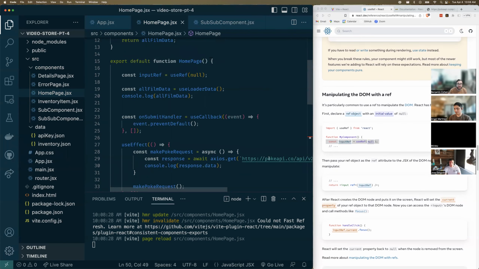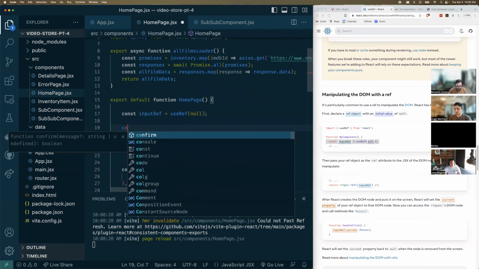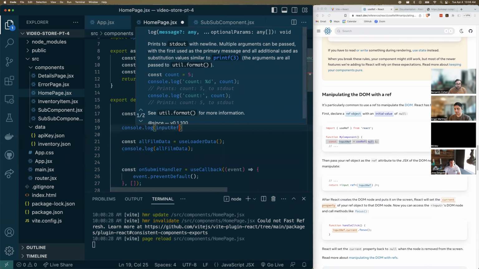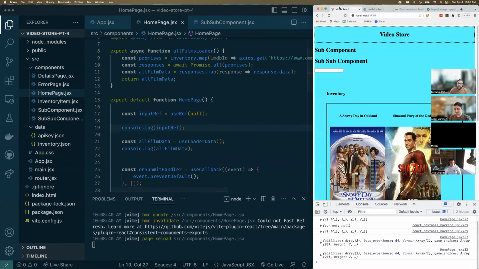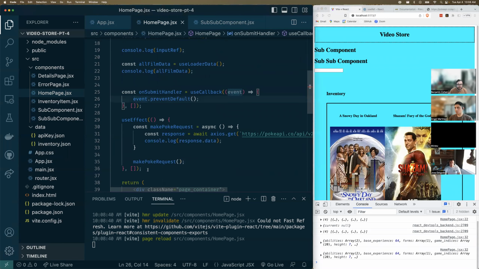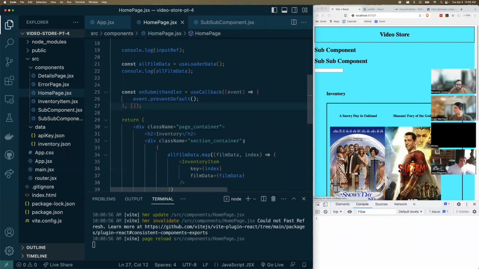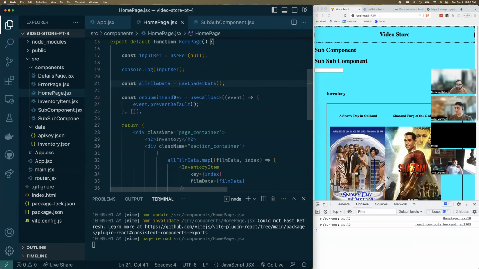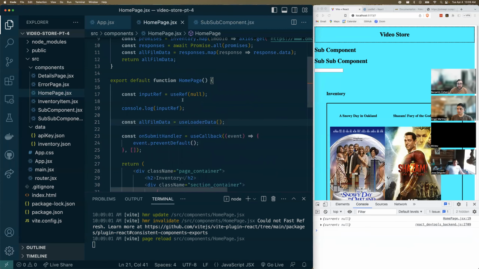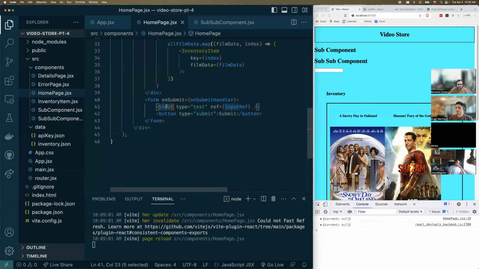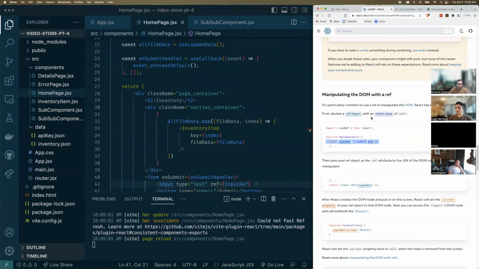And how does this work? Well, let's print out inputRef. Okay, so we're going to save. And what we see first, I kind of want to stop doing this useEffect just so that we don't have to keep seeing unnecessary stuff. We just want to care about this for right now. Get rid of that as well. Okay, so initially my ref is null. But I set it here to this input thing, and I should be able to